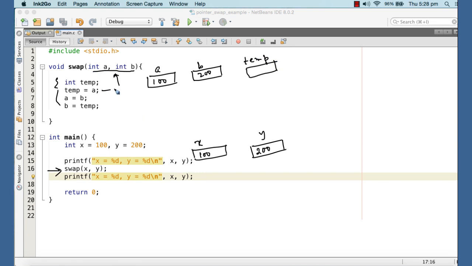Now temp is assigned with a, that means it is 100, and then a is assigned with b. As you can see, it's actually 200 now. Then b is assigned with temp, so b gets the value of temp, and that is 100, which was kept earlier in temp. So here we get that a and b have been swapped. Earlier a was 100, b was 200; now it is swapped. But as soon as we come out of the function swap, these values get lost